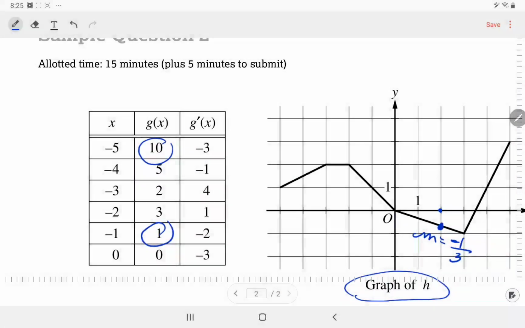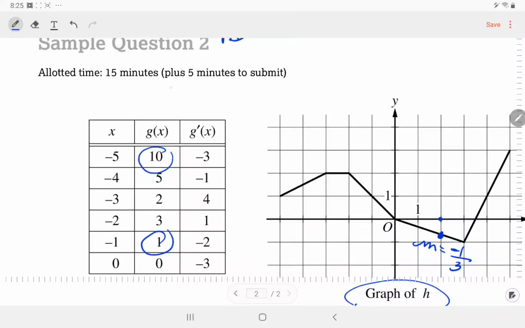I feel like this is like mean value theorem, Rolle's theorem, something like that. So let's see, they're all positive y values, but a negative x value. So let's go over here. Negative 5, negative 4, negative 3, negative 2, negative 1. I feel like intermediate value, Rolle's theorem, mean value theorem, they're in that category, and I like to graph those. Okay, so 10,